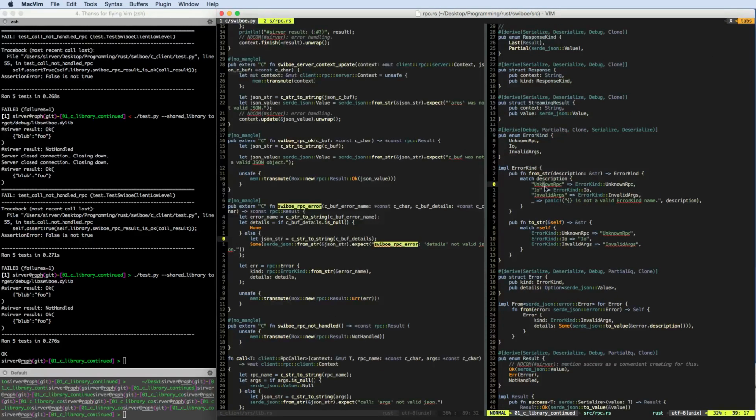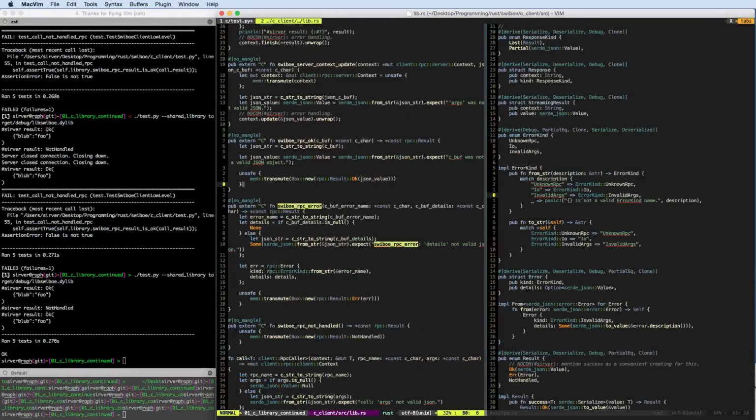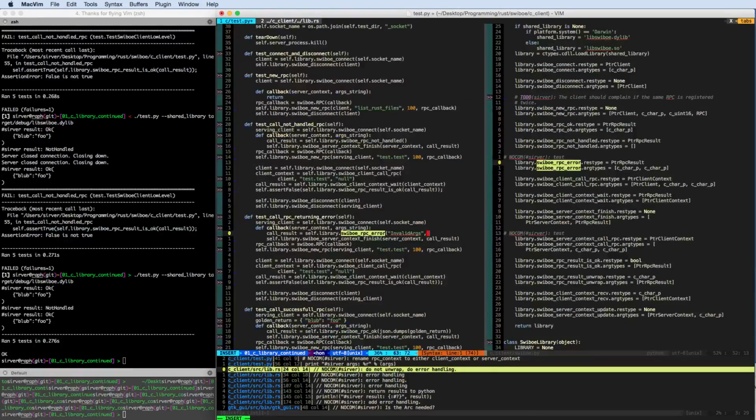Oh yeah, we can just say unknown RPC, invalid arguments, or IO error. Let's use invalid arguments for this particular test. So here we say we have an error, and that error is invalid arguments, and the second one is probably some sort of details. And the details should be a valid JSON object, so we just do json.dumps,